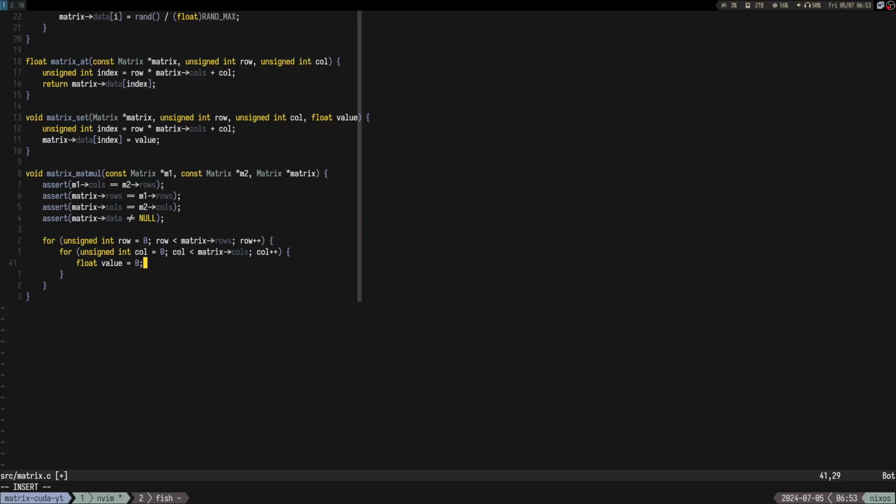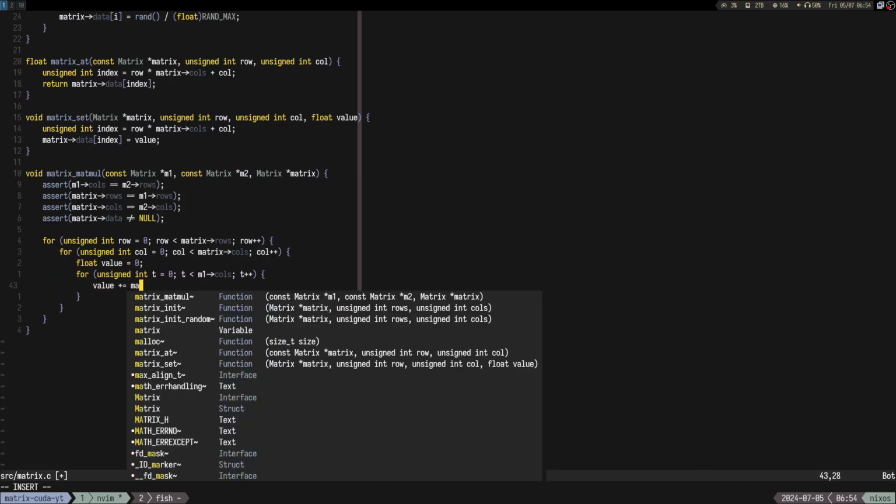Yeah, and then we have float value, and this is going to be the sum, and this part should be familiar, because we did this when we did the neural network. It was the dot product, right? Like this part was the dot product,